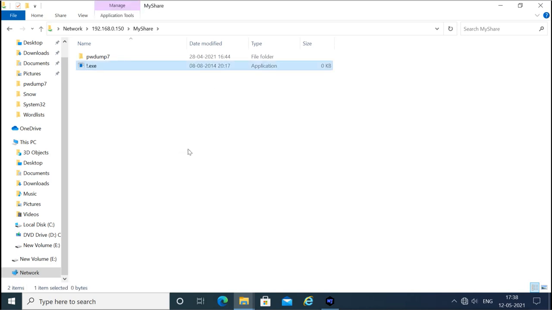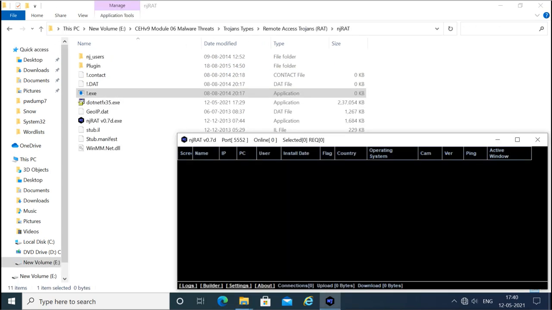And now I will run it from the other machine. Okay, that is not the exe which is built here. So first we have to build the trojan exe to send to the victim, and this is what the builder option is here.